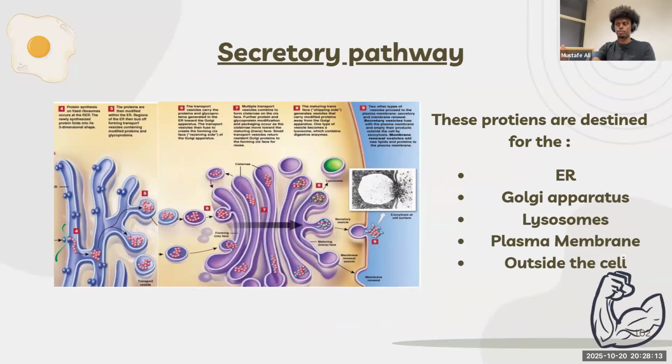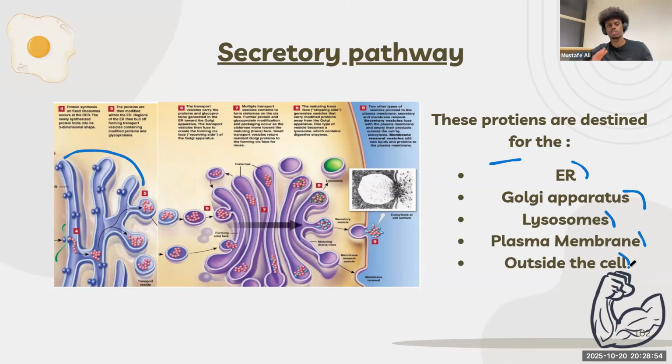Simple enough, right? Now, for the secretory pathway, what basically happens is that there are proteins. And these proteins, instead of being translated on a free ribosome, are going to be translated on the RER, or in other words, in this area right here. Okay? And the proteins, or the mRNAs that are translated in the rough endoplasmic reticulum or around the area, can go to these 5 different sites. They could stay in the ER, they could go to the Golgi, they could go to the lysosome, they could go to the plasma membrane, they could even go outside of the cell and be released.